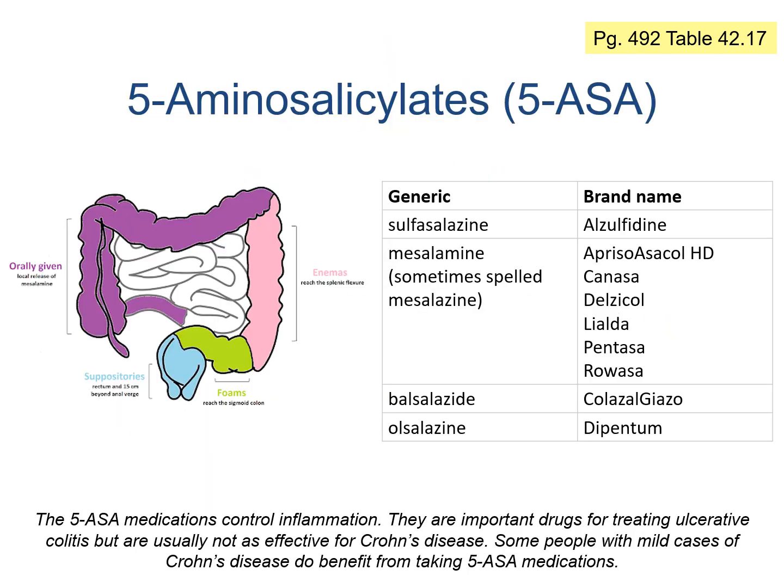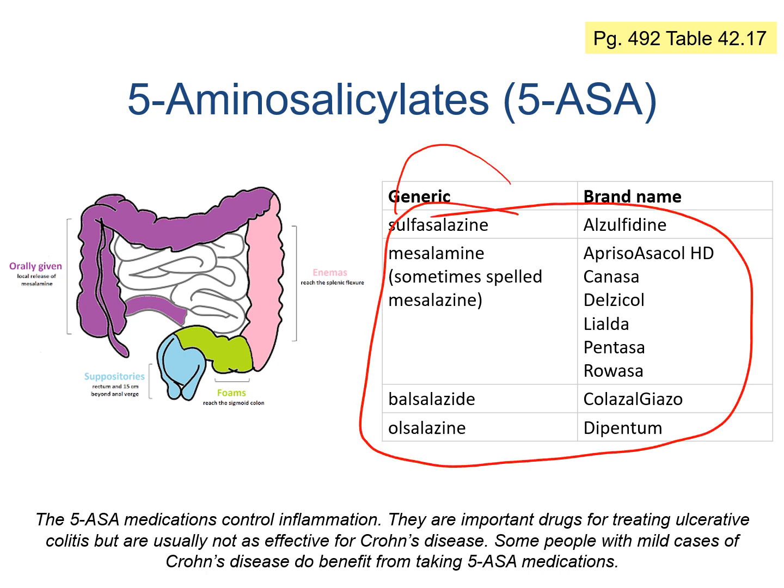So these 5 aminosalicylates, we call them 5 ASAs. These are some examples of them here. And they work to control inflammation. So these are very effective with ulcerative colitis, but not so much for Crohn's. So if you have a patient that has a mild case of Crohn's, then they probably won't be on these